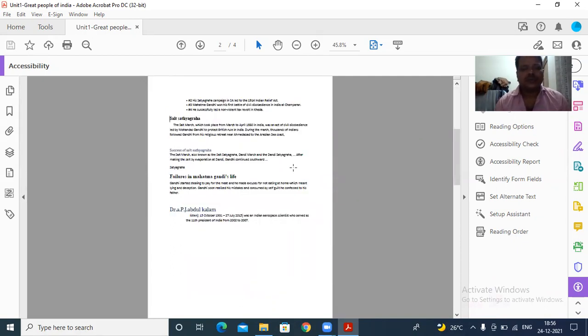Number 2 in Satyagraha campaign in SA. So here the remaining three list items are there. So the 4 list items have been separated by page number 1 and 2: one list item at the end of page number 1, and the second, third, and fourth list items are there in page number 2.